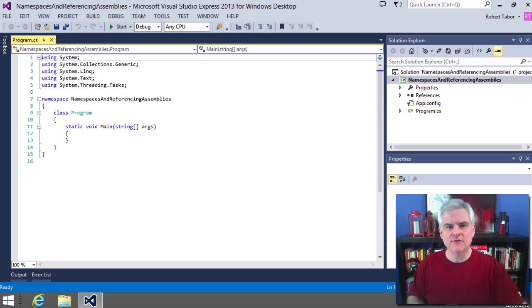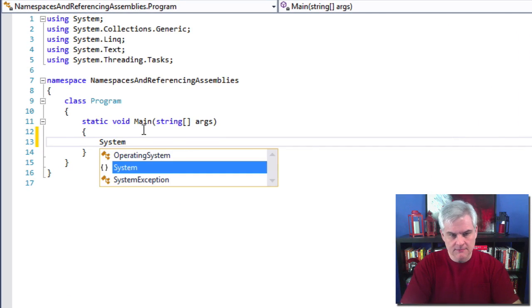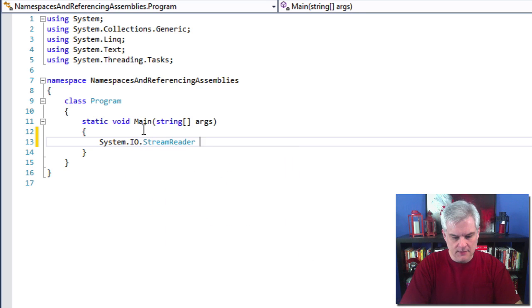So if I wanted to reference the StreamReader class, I could do this by using its full name. So System.IO.StreamReader myStreamReader = new